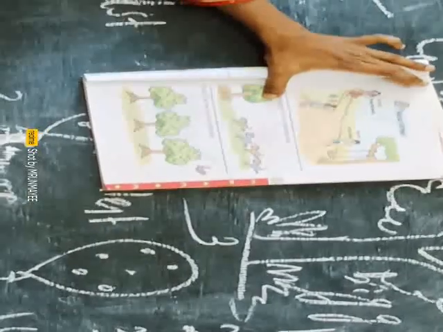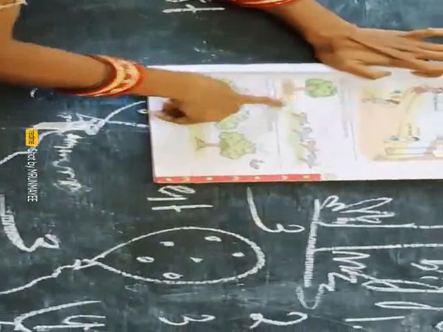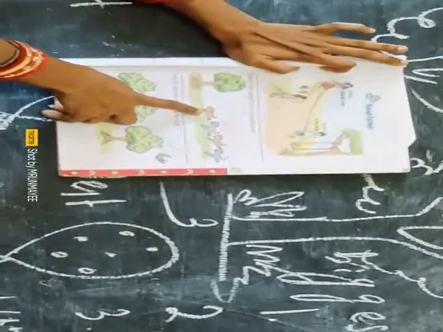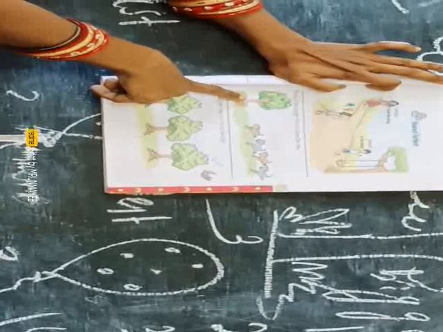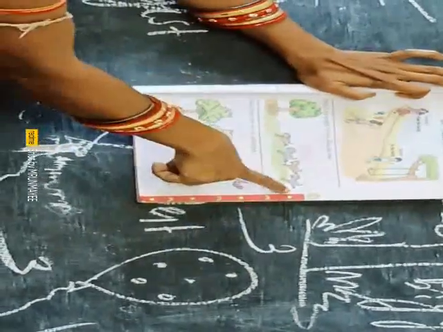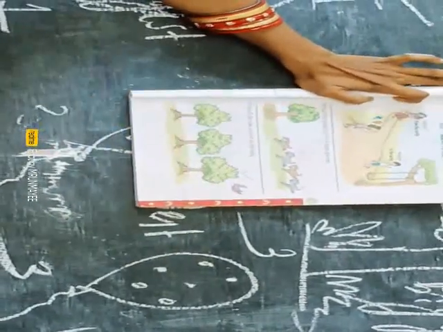Right? Next. Now tell me, this is one tree and here all the dogs are doing one competition. Now you see, this dog is very close, and that last dog is very far from the tree. That's why it is nearest, and that dog is your farthest from the tree.